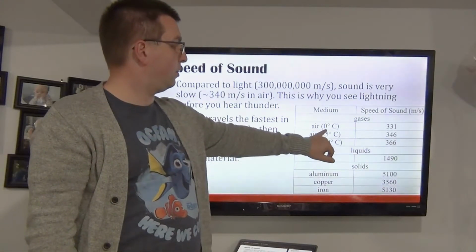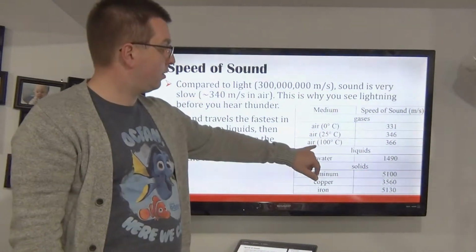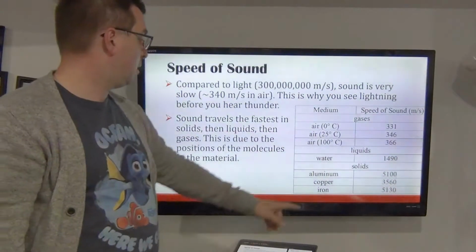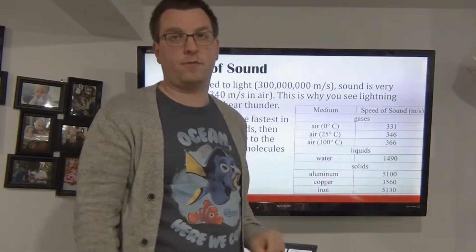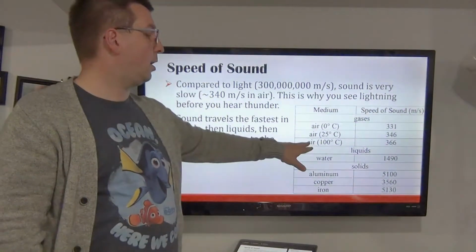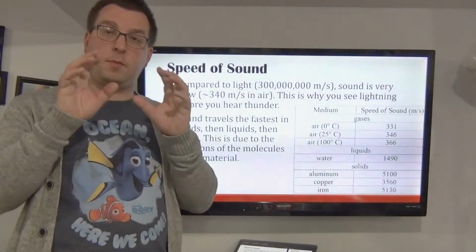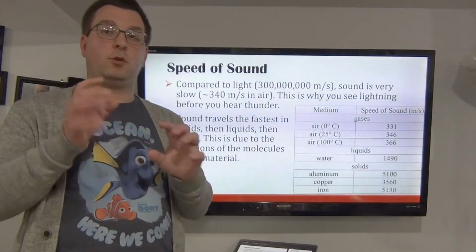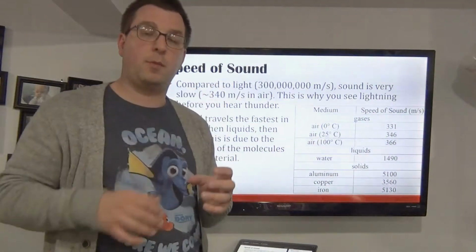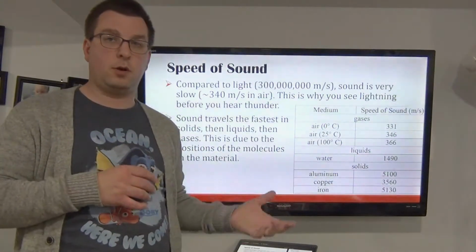So here's air at 0 degrees C. Here's air at 100 degrees C. If you notice, there's about a 30 meter per second difference here. That's because air that is warmer, the molecules have more energy, so they're a little bit more wiggly. So since they're more wiggly, they can pass the vibration from one molecule to another a lot